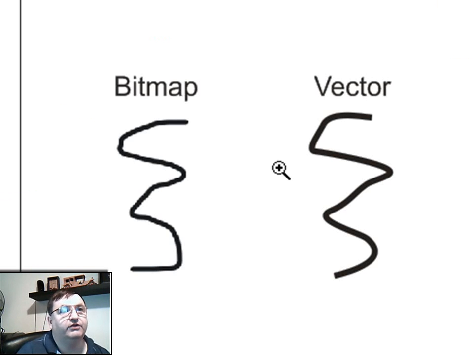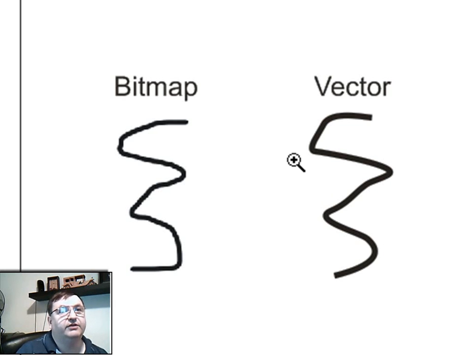Now the reason for the difference is in a bitmap graphic, again, the pixels are defined at the time it's created, and basically that's all you're going to get. In a vector graphic, the lines are actually calculated by a mathematical formula. So if you want to enlarge or reduce a vector graphic, what essentially is happening is the computer is recalculating that shape. So no matter how far you enlarge or reduce or zoom in or zoom out, the image is just recalculated and redrawn on the screen. So you end up with perfect lines at any resolution.